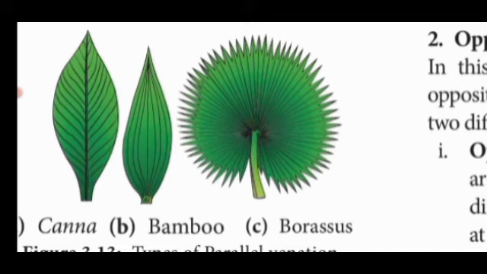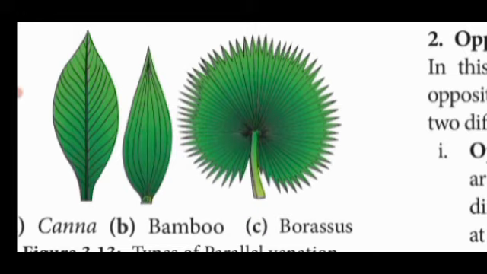In pinnately parallel venation, there is a permanent midrib in the center from which arise many veins which run perpendicularly and parallel to each other. Examples: Musa, banana, ginger, Curcuma, Canna. In these plants, the leaf possesses pinnately parallel venation.